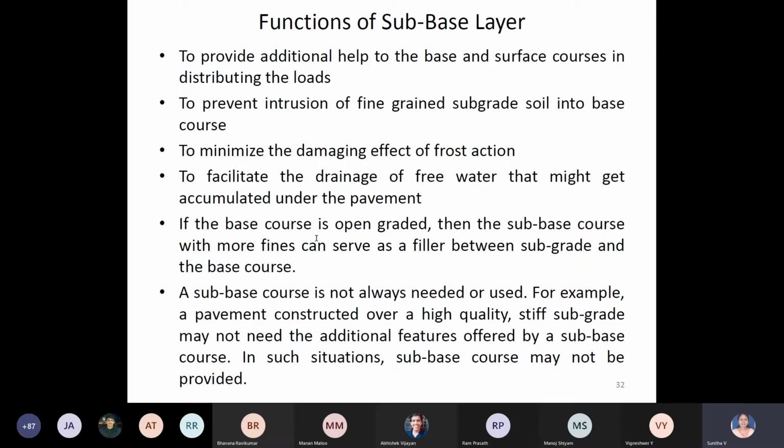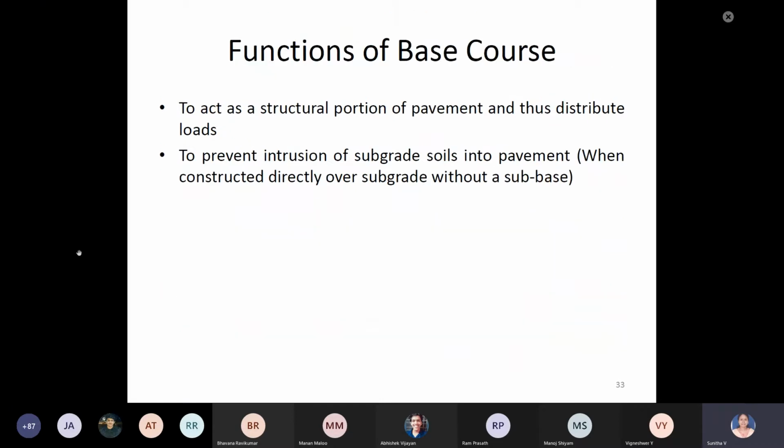For example, a pavement constructed over a high quality stiff subgrade may not need the additional features offered by a subbase course. In such situations you can avoid the subbase course also. Then directly above the subgrade you can provide the base course. Then the function of base course: to act as a structural